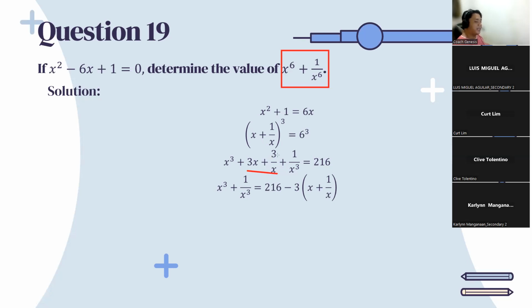Now, since 3 is a common factor, we then factor out 3. That is why we have x cubed plus 1 over x cubed is equal to 216 minus 3, so we factored out, and then you have here x plus 1 over x. Now, we already have a value for x plus 1 over x, which is 6 earlier. So we just have to